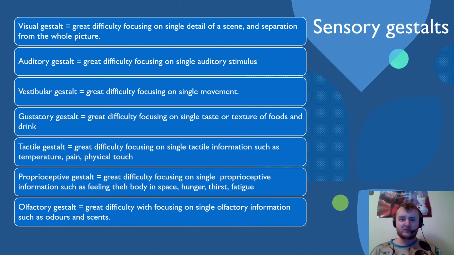Finally, olfactory gestalt refers to smells, so things like bad odors or other scents like petrol or perfume. Maybe someone put lavender in your laundry one day, and then the next day they put something else in because the lavender wasn't around at the supermarket. That's an unfamiliar situation. I hope it is a bit more clear now how gestalt perception affects the senses.